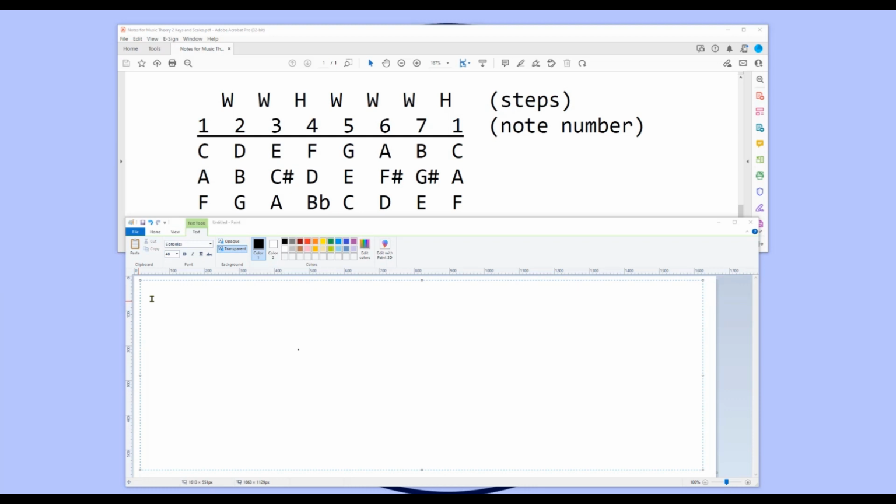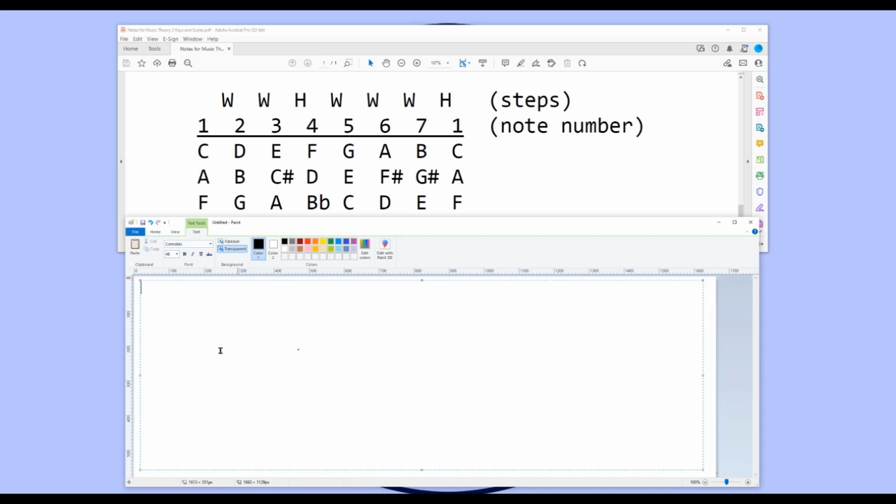So let's start off. As you remember in the earlier lesson, we worked out three examples of what the notes are in a given key. We worked out the key of C, key of A, and key of F. Of course, the same concepts work for all keys. So these were just examples. So if we look in general, you can imagine there's a set pattern that we go through. So if we looked at, for example, the key of C,